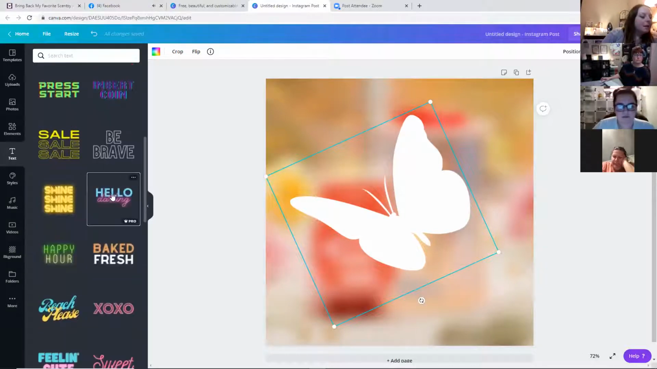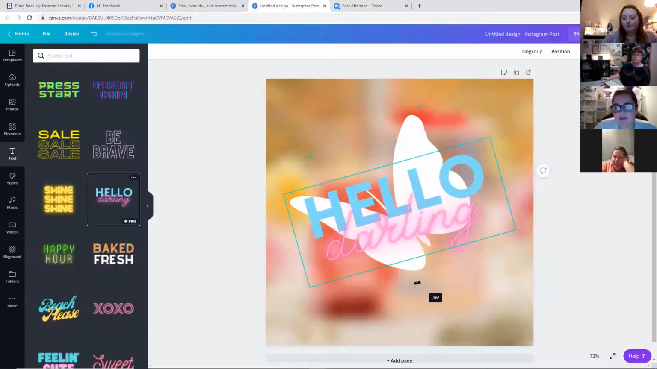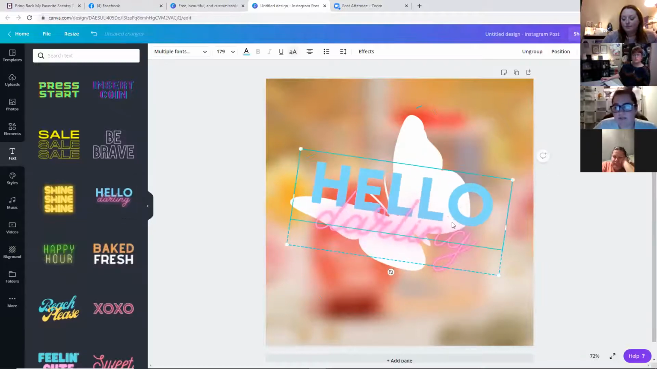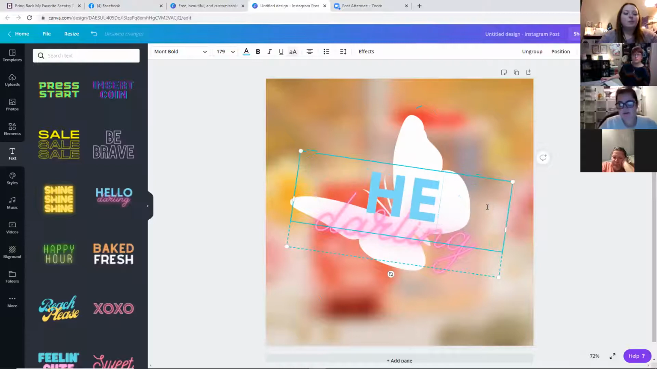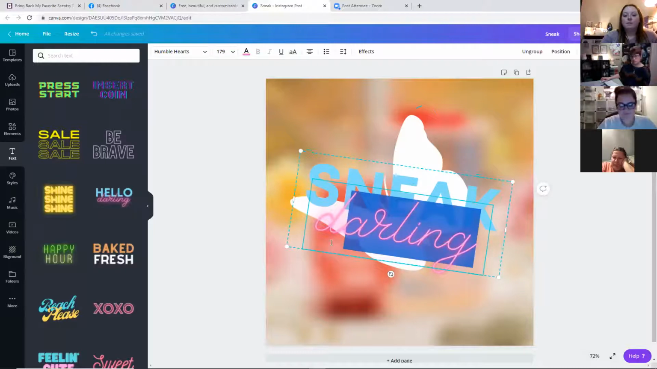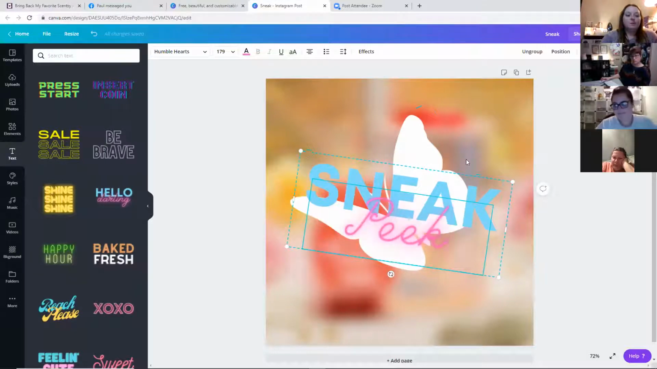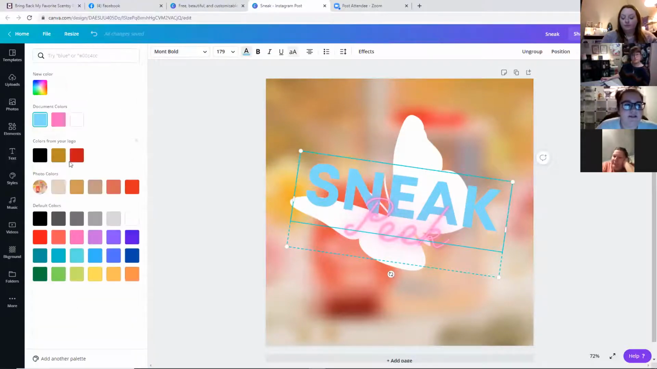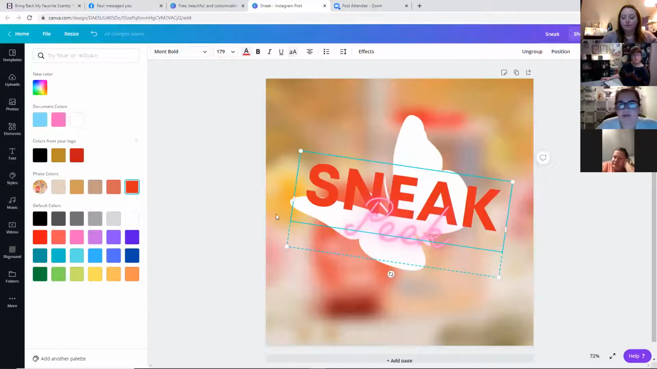So let's do Hello Darling. Once again, you can play with the colors, you can turn it, but this font is already set for you to look as gorgeous as you want. So you can just click on it and change it. That way you have that. Once again, you can change the font, you can change the color, but it's all the way you want it